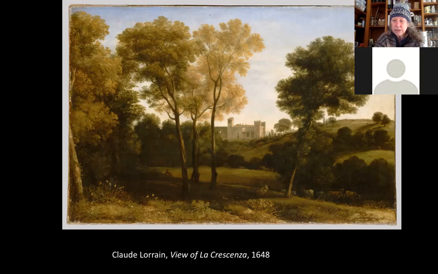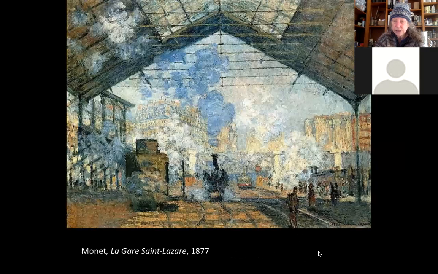So this is academic landscape painting, and Monet's painting takes issue with that, you could say, and says let's go beyond that. And also let's go beyond the idealized sort of pastoral landscape in the country. Let's look at our urban landscape, like what goes on in town where we spend most of our time.